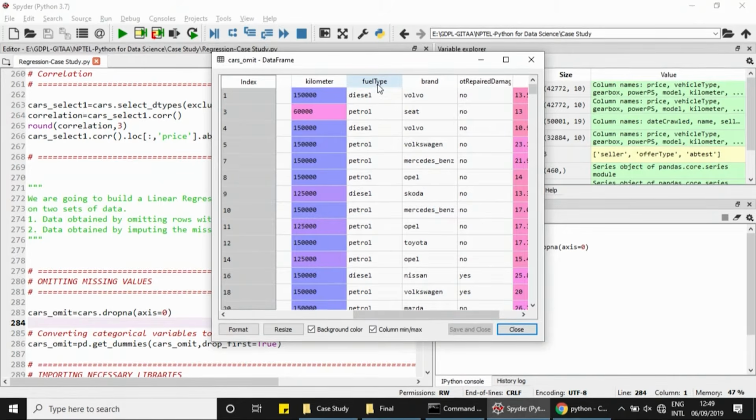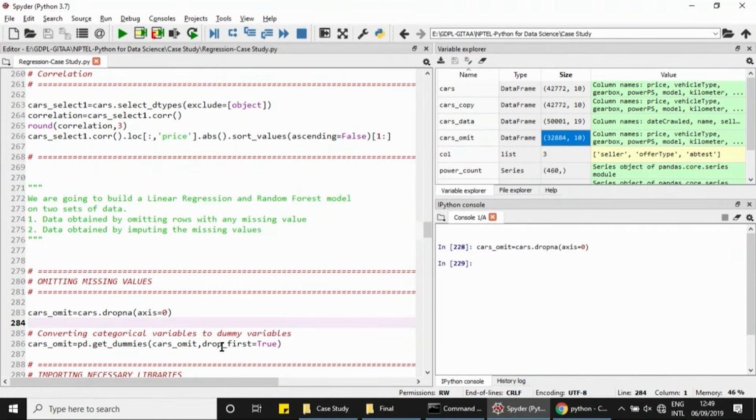For instance, let us take the column fuel type. Now this column has several values. Let us say you have a column called fuel type underscore diesel, and if diesel is present under this, then that cell will be marked as 1, otherwise it will be marked as 0. So ideally we are trying to encode all of these categories as zeros or ones alone, and we are going to get rid of the strings. In order for us to do that, I am going to use the get_dummies function from the pandas library, and I am going to drop the first category. So if I run it,